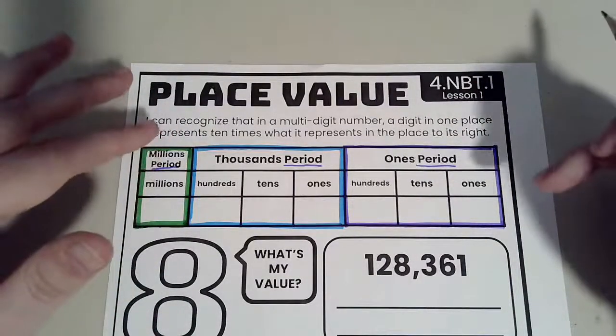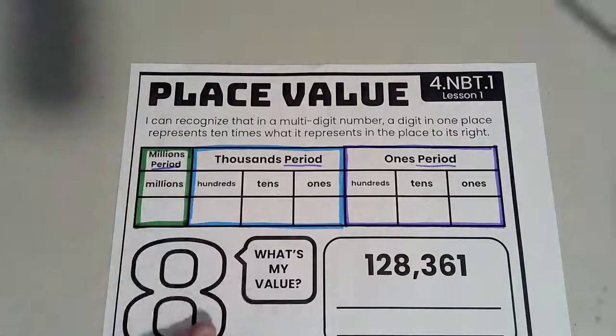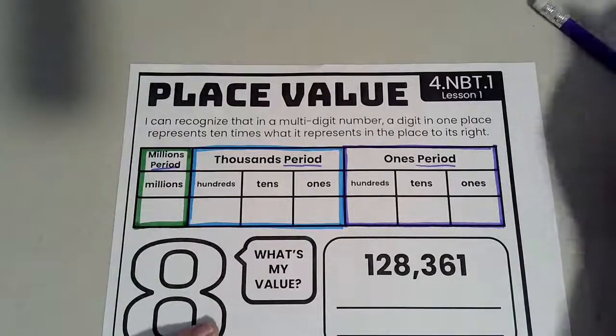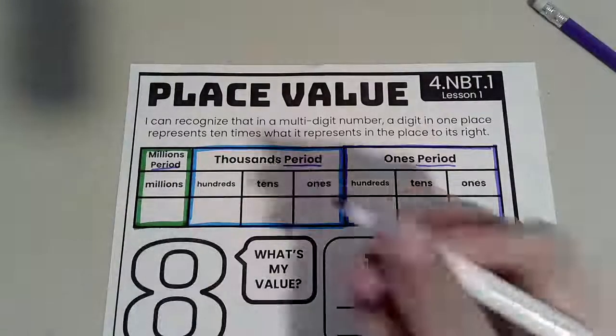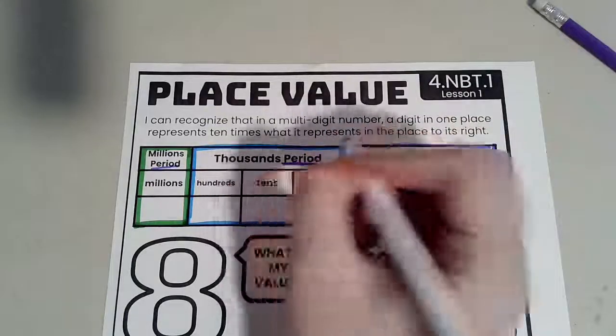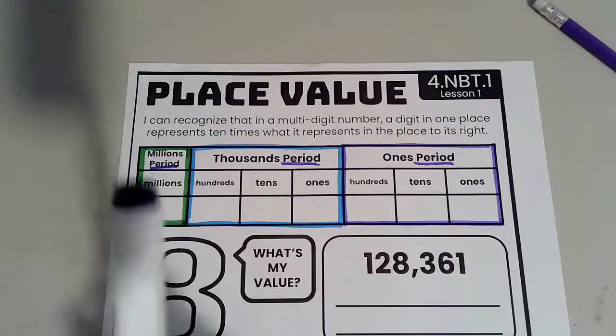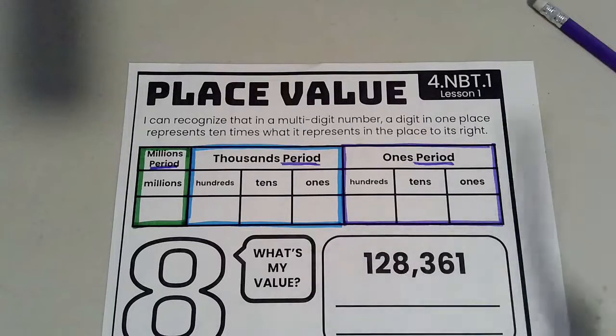Color is one good way to help us, but we also have to take a deep breath, slow down, and look at the information that we have. So one word that might be new to you is period. So the first thing I did is underline period. I know a lot of times when we hear a word, we connect it to a word we already know. Obviously, we're not talking about the period at the end of a sentence. Right now, we're talking about period as in